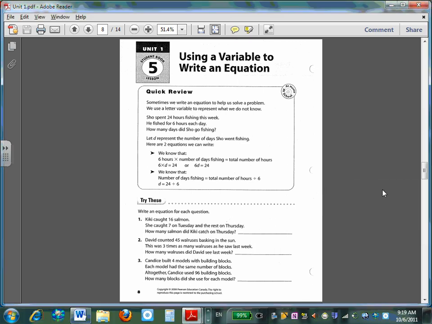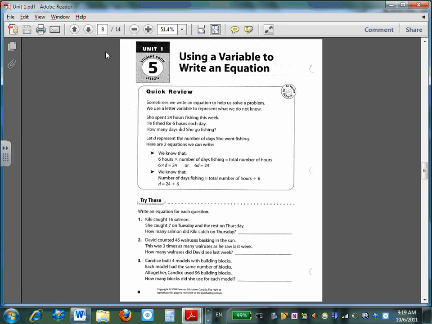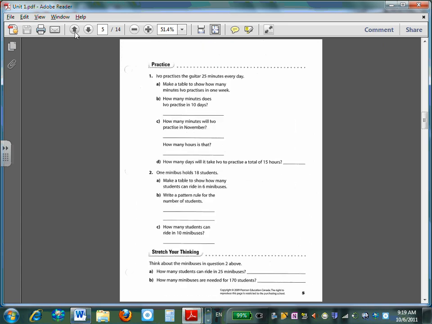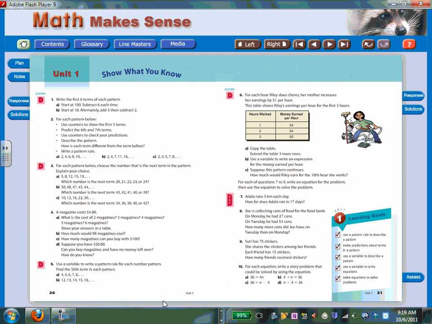Okay, sorry, so we're back. So as I was saying, if you read the question and you don't remember how to do it, take a look at the number beside the question. This is number 3. So then find lesson number 3, there it is, and just take a look at the quick review, and hopefully that'll be enough to remind you how to do each question. If that's not good enough to remind you, what you should do